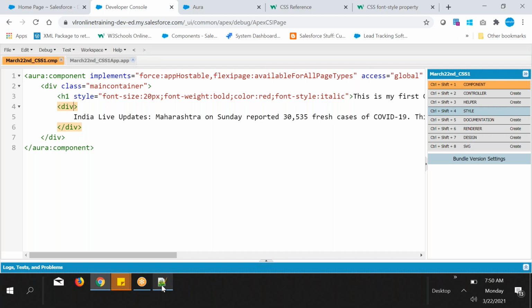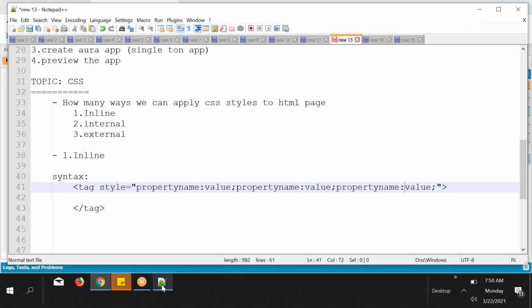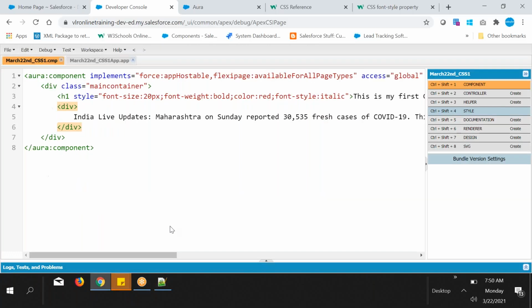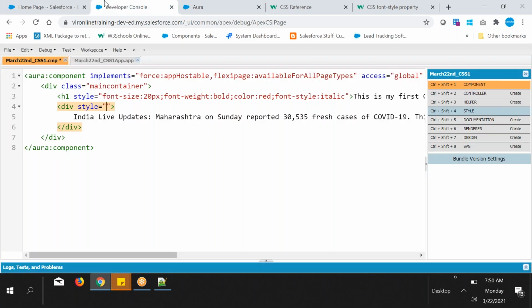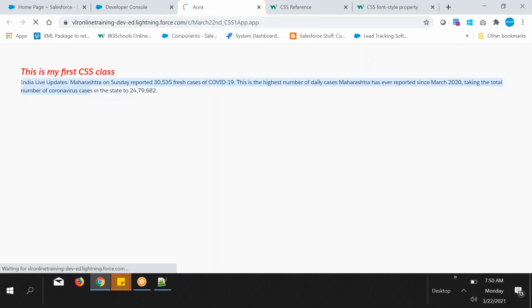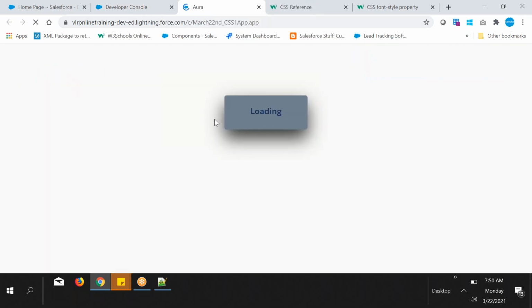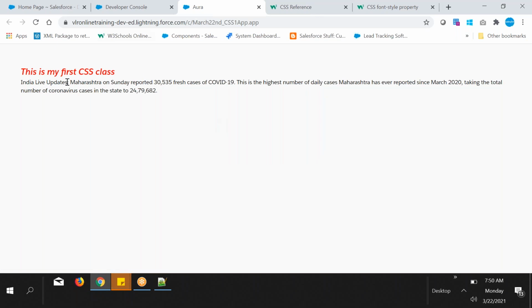Okay, tags only you need to apply. This style attribute you need to apply only to tags. You cannot apply it to text, you can apply it to tags. So go here and the syntax is style. Now, what is the requirement? I want to display this in black color. So the property name is color, and the value is black. F5, right? Have you seen? Now it is displaying in black color.